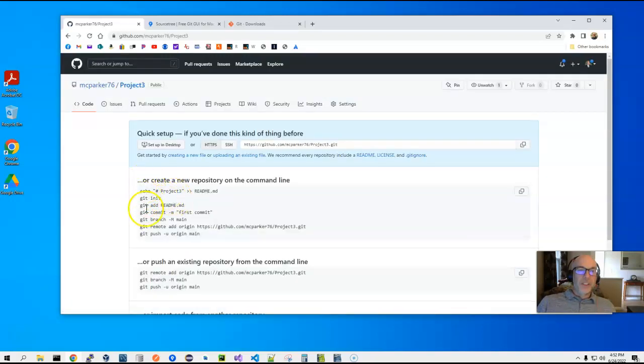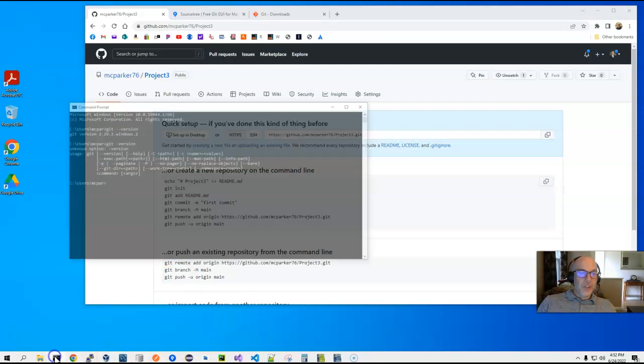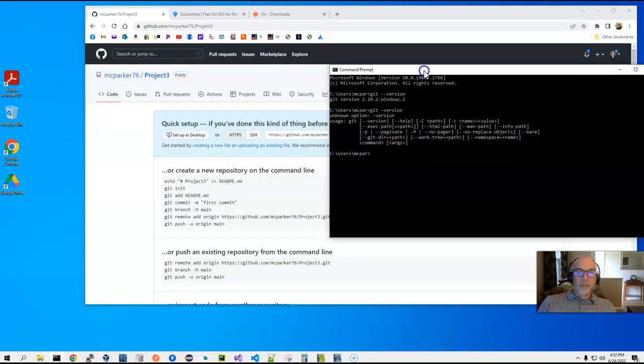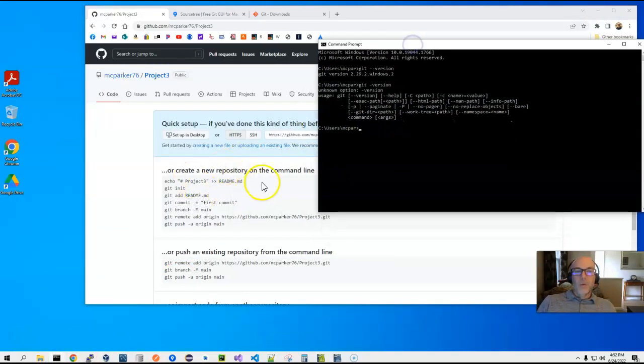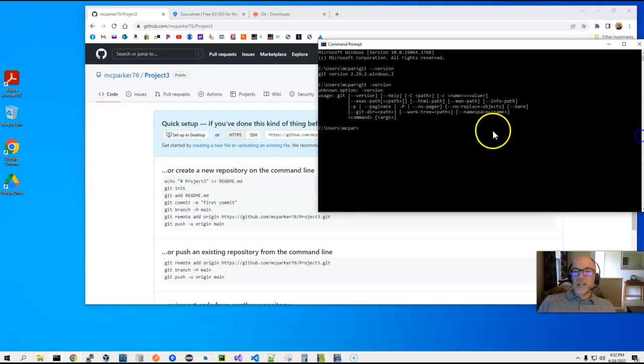And so what you should see is something very similar to this, and leave this page open, because we're going to use these commands right here to create our connections. So I'm going to go back to my command prompt, and we could go ahead and just copy all of these and run them. I'm going to go through them one at a time just to explain to you what's going on. But if I do this echo right here,